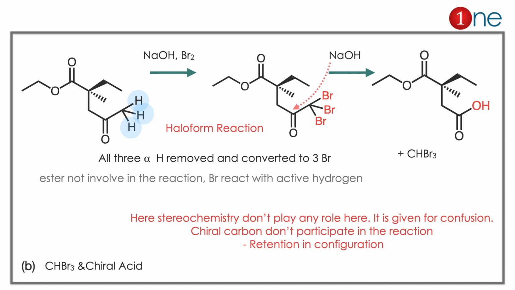Here you have to learn two important things. One is the haloform reaction. The haloform reaction converts COCH3 into an acid. The second thing is finding the reaction center. Here there are many functional groups. You have to find the reaction center based on the reagent. Here the reagent selectively interacts with COCH3. That's why the reaction is possible.